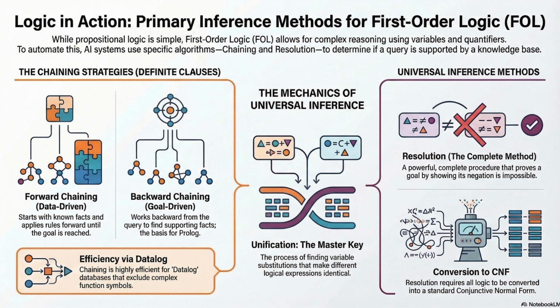You also have the flip side, which is existential instantiation. That deals with there exist sentences. Like, there exists a crown on John's head. Okay, so we know there is a crown, but we don't know exactly which one it is. Right. We know something is there, but we don't have a specific name for it in the database. So to turn this into simple logic, we have to give it a name. We invent a new constant symbol. Like crown number 1. Exactly.